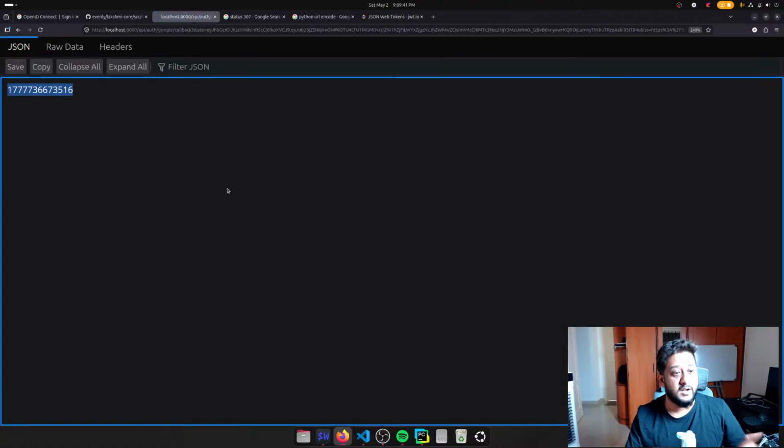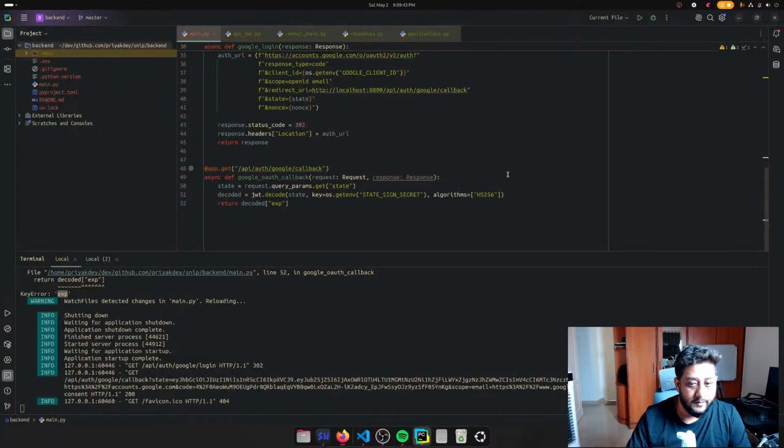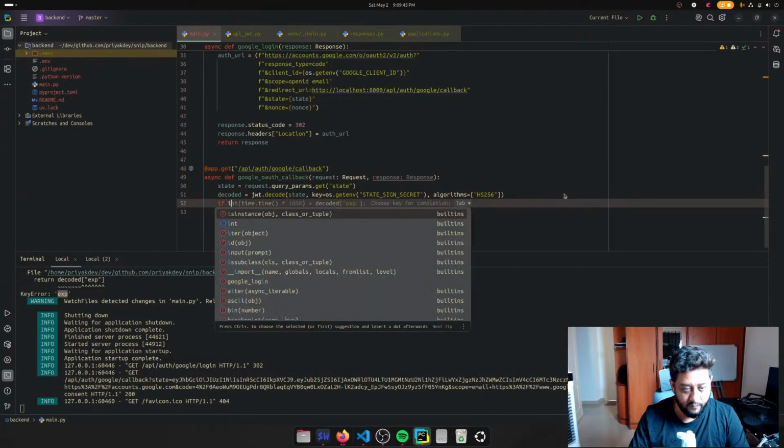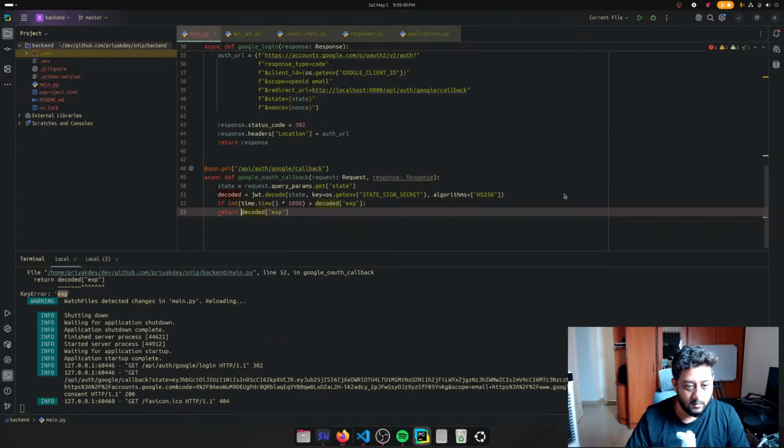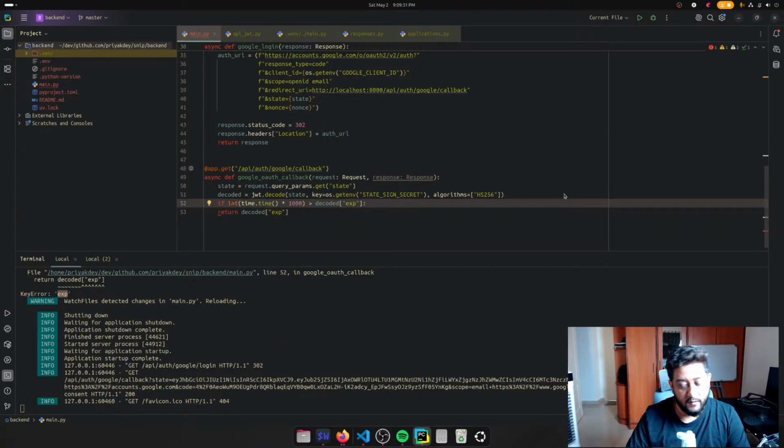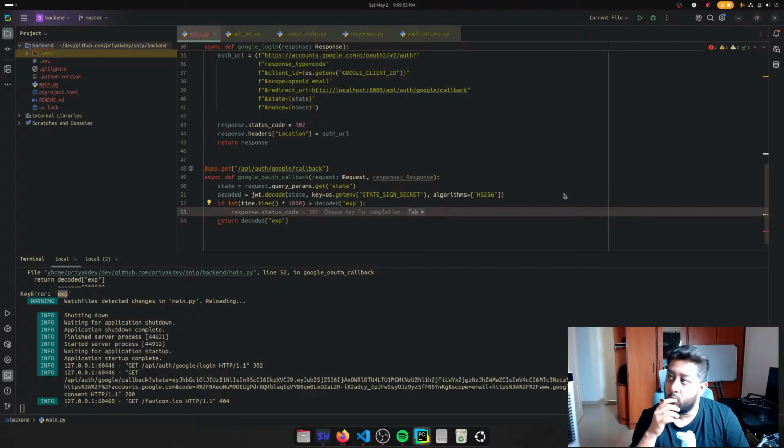Cool. So it actually gives you back that. So one of the things we can do is, if it's this, then one thing we can do here is